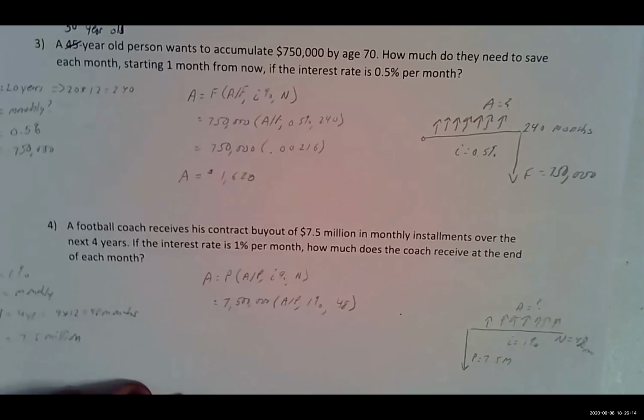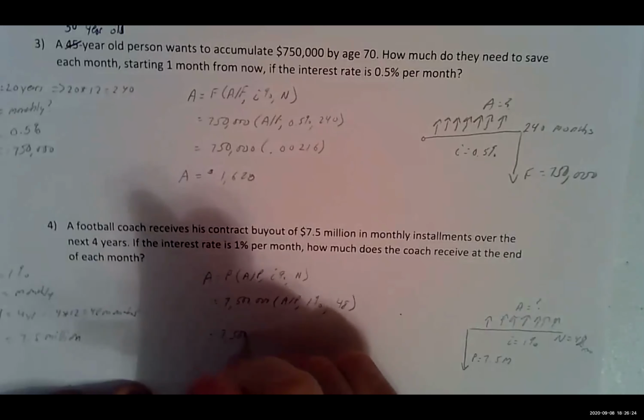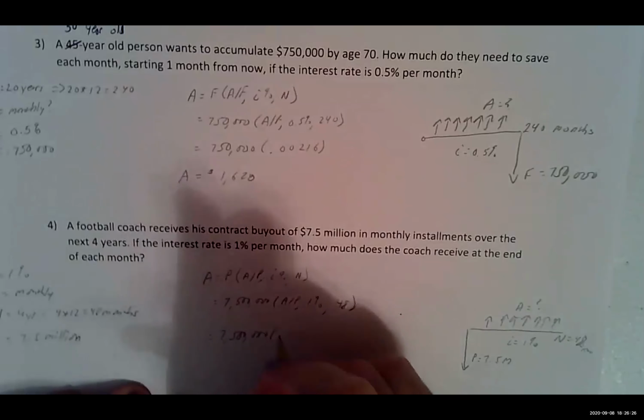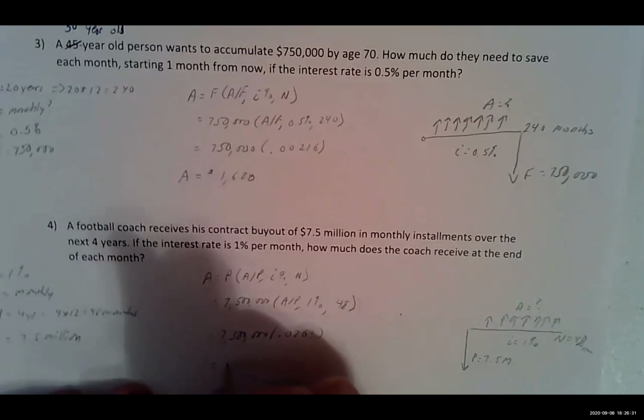That's what I'm going to look up in my compound interest table. So I'm going to go to the 1% compound interest table, look for the A given P factor at N equals 48. And my compound interest table will give me 0.0263,